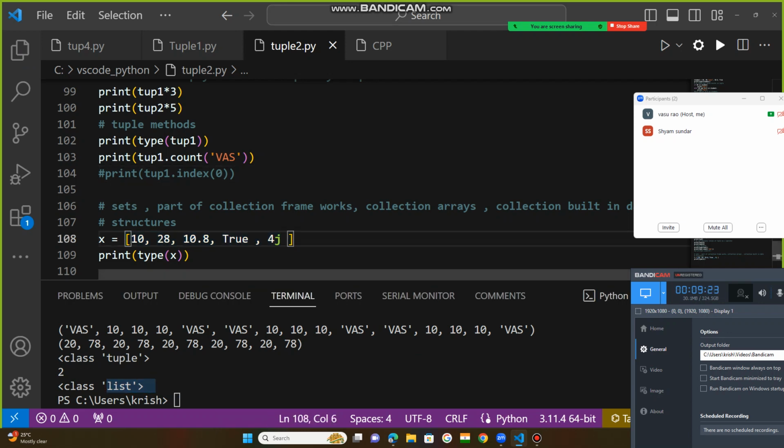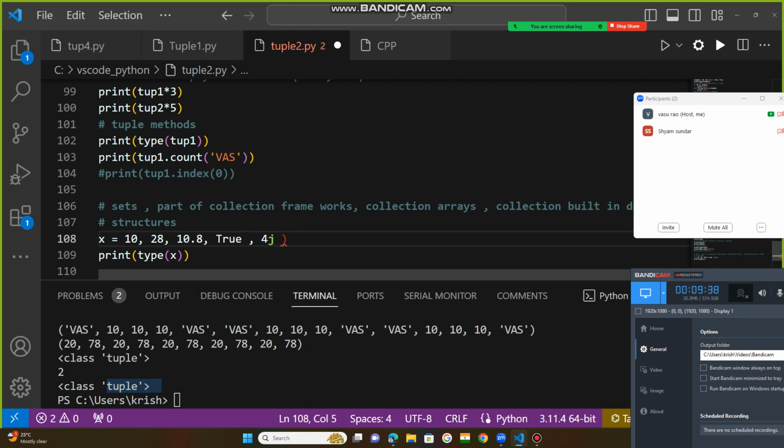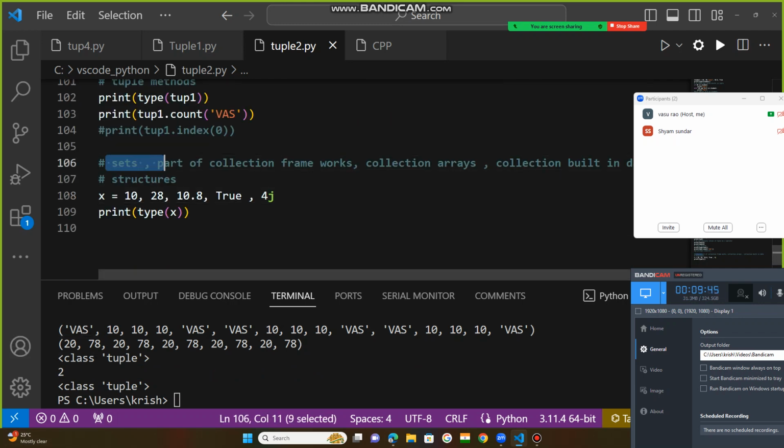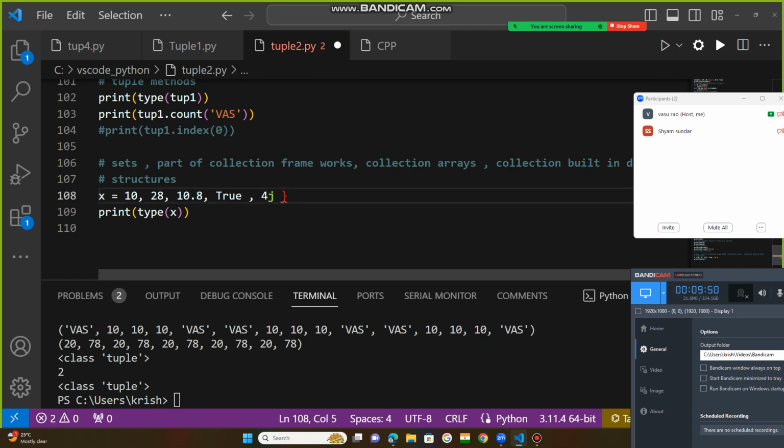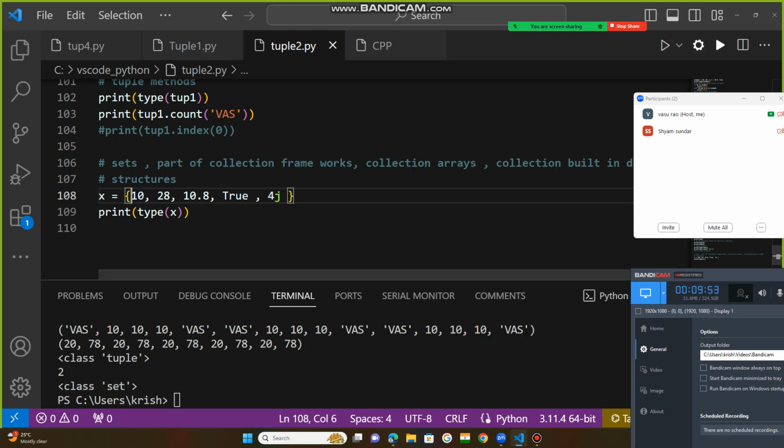If you change the brackets here, it will become a tuple. Even if you remove the brackets, it is still a tuple. So as per our definition, we want to know the sets, and that's why these values must be kept under flower braces. Now it becomes a set. So sets, how to define? You define that set